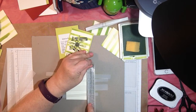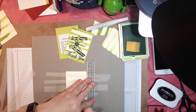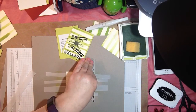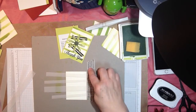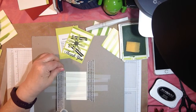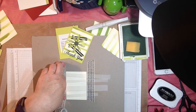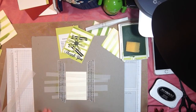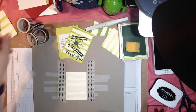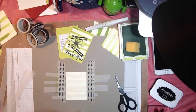So you want to put tape. I don't really recommend washi tape, but that's what I have here. Masking tape is fine, any kind of tape. And you want to put it close to where your cardstock, or your card front piece, is going to be. Pretty close, right? Oh, and one thing that I forgot to tell you, you want to take one piece of vellum and,